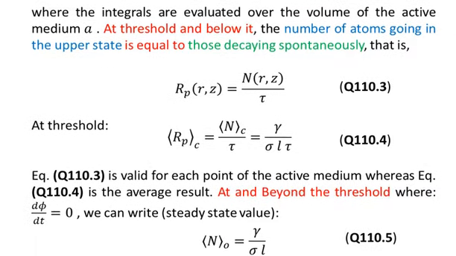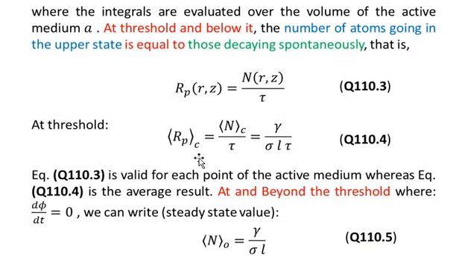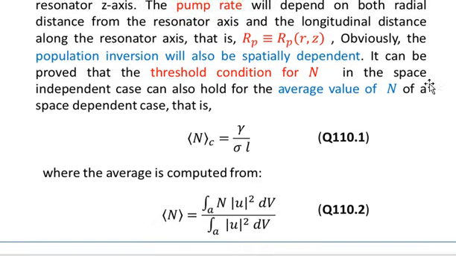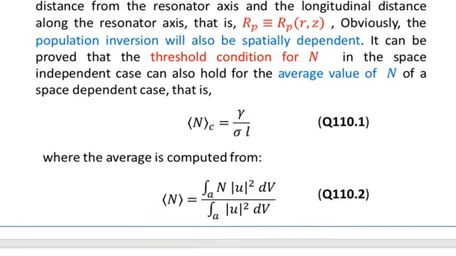At the threshold, equation number 3 can also be written for the threshold value. So we can say that the critical value of the threshold pumping, that is the average value of the pump rate at the threshold, is equal to the average value of the population at the threshold divided by tau. And you see that we can divide the NC value, which is shown in the previous equation, that is this value from equation number 1. We can substitute this value,